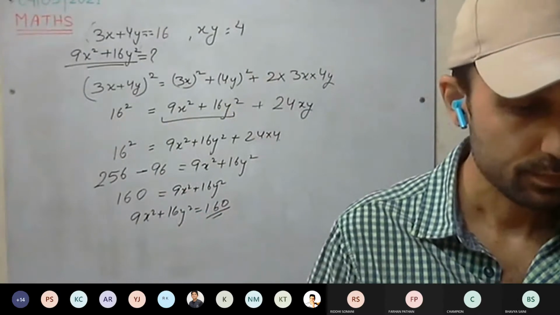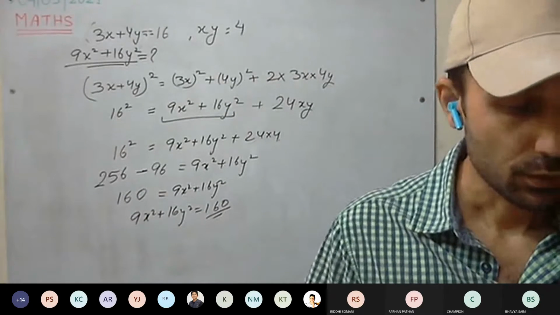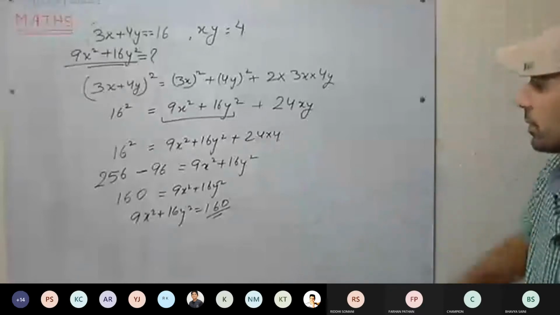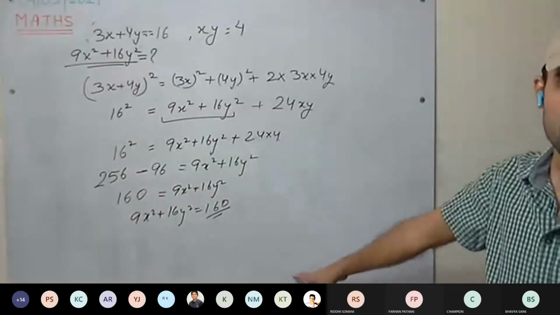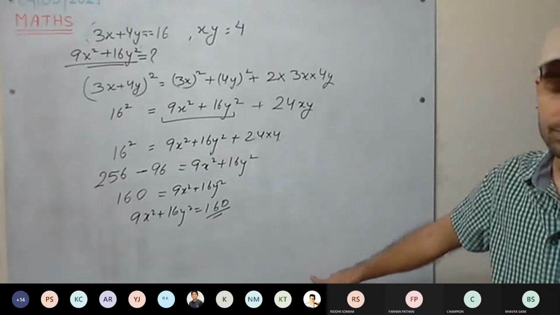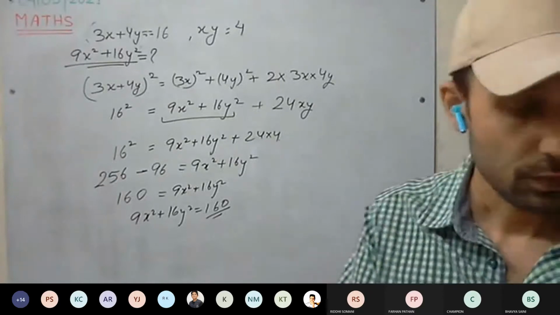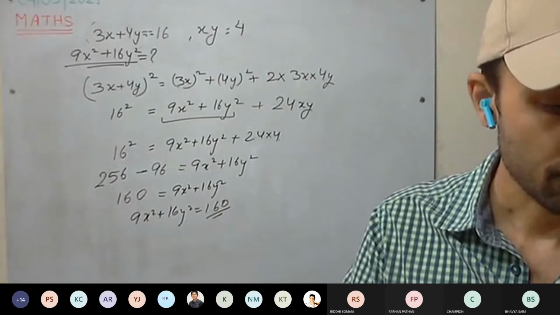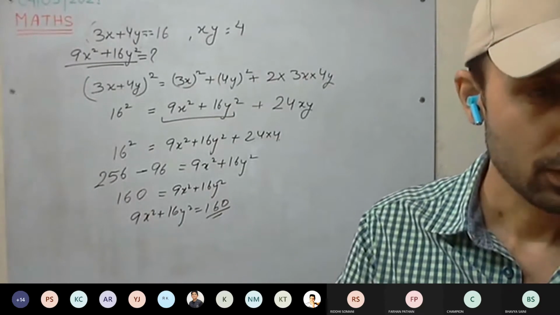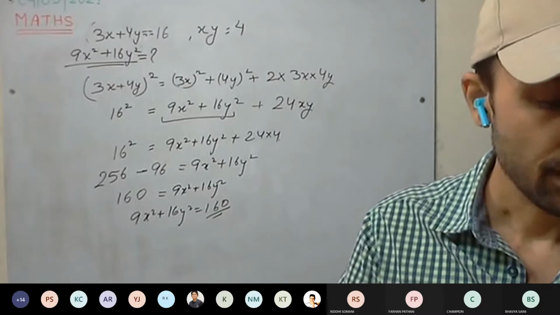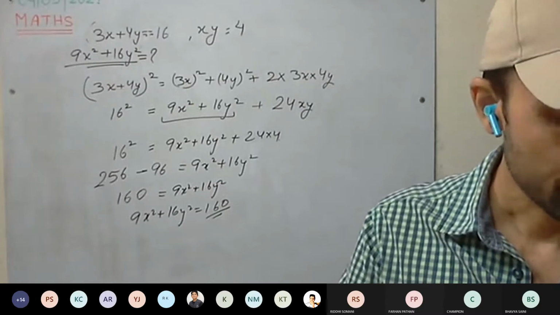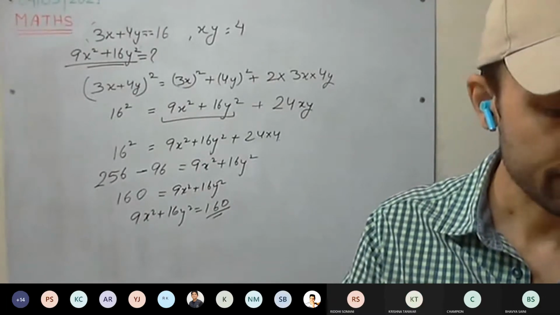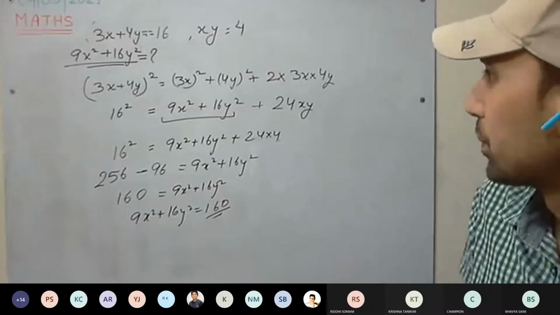Yes, 15th one. Read the question once, everyone. Is it clear to all how to solve? 15th one, read the question and do it. You have 1 minute. The number x is 2 more than the number y. So form the equation for this one. If the sum of the squares of x and y is 34, find the product of x and y, that is xy, we have to calculate.